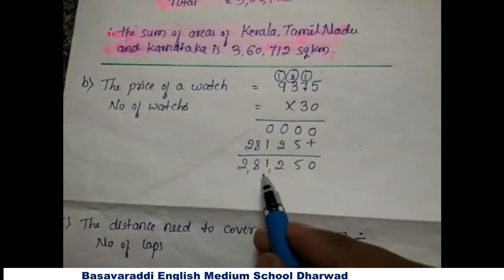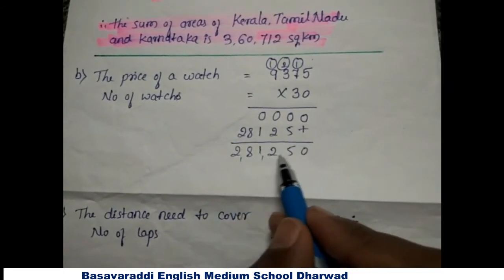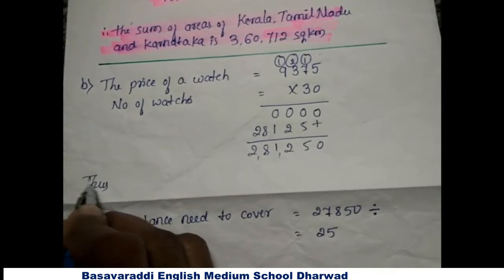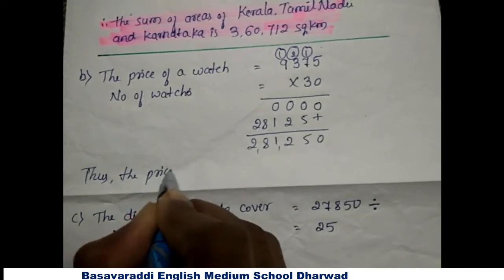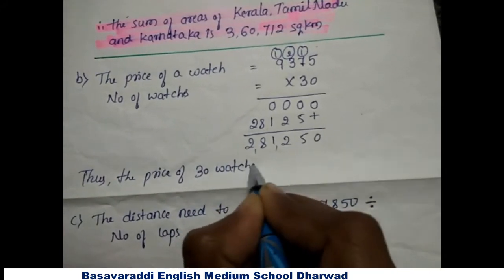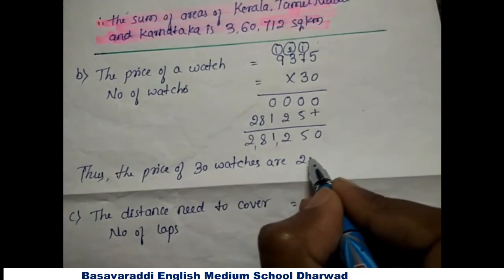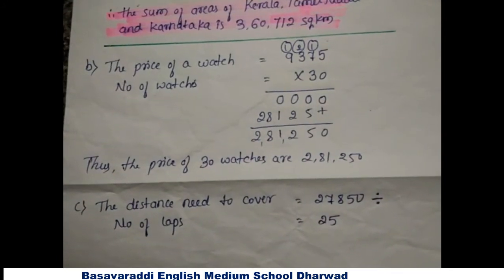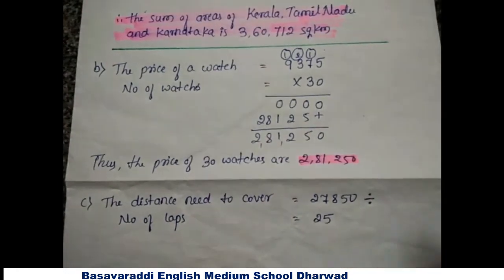The value of the 30 watches, or the price of 30 watches, is 2,81,250. Okay, write the last sentence, that is, thus the price of 30 watches. The price of 30 watches are 2,81,250 rupees. Yes, this is the answer here. Okay. Next,